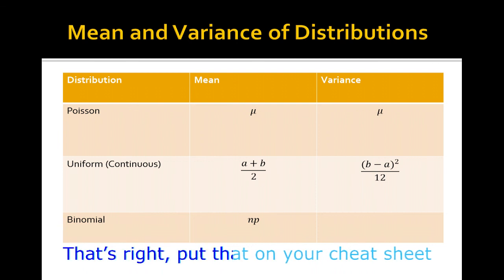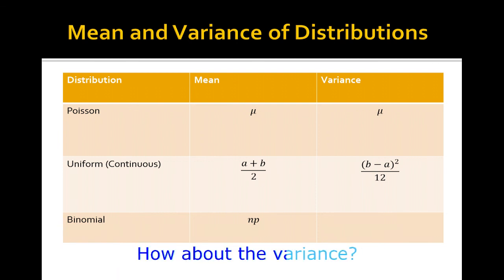That's right. Put that on your cheat sheet. How about the variance? np times 1 minus p,